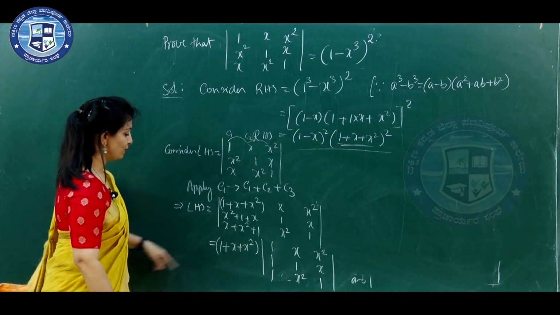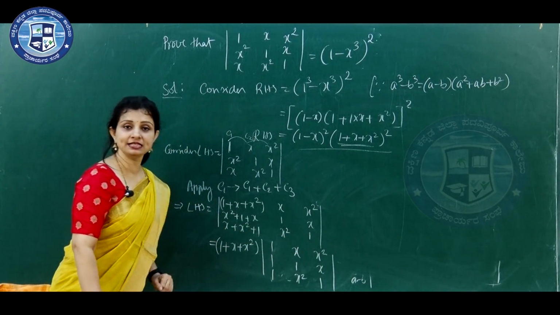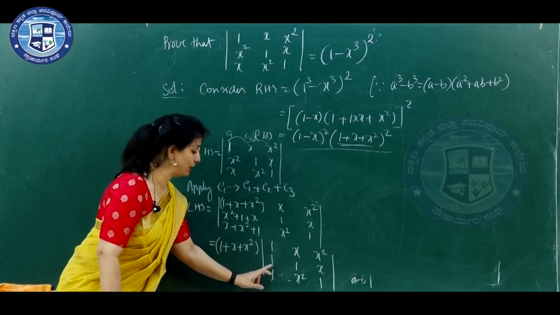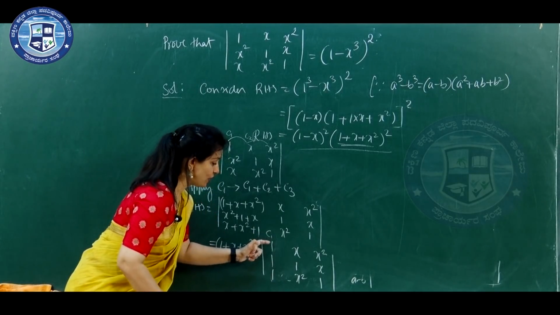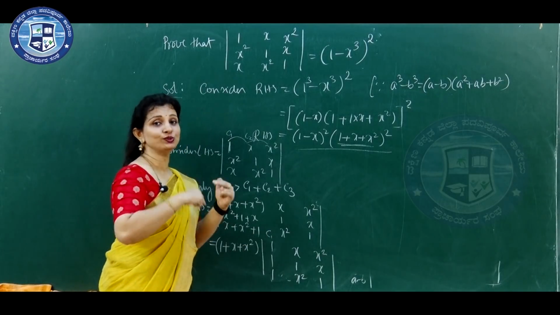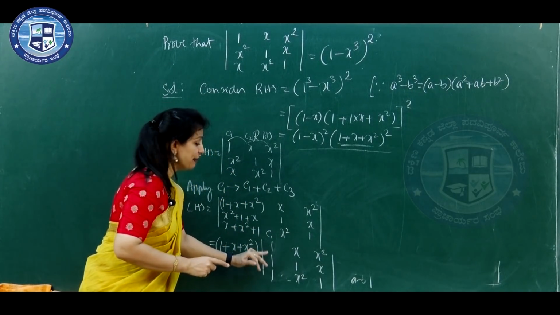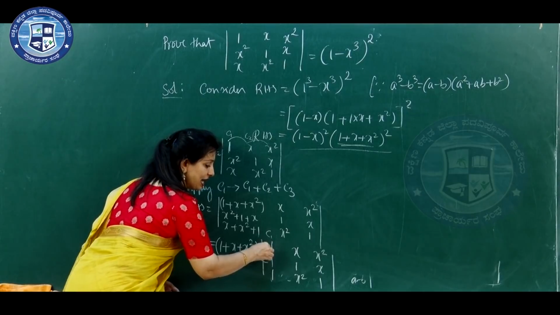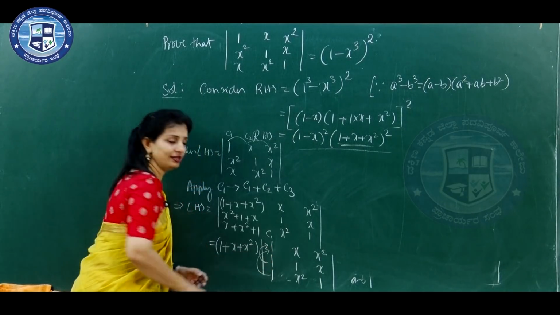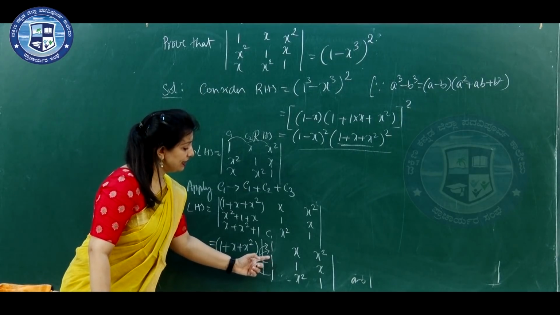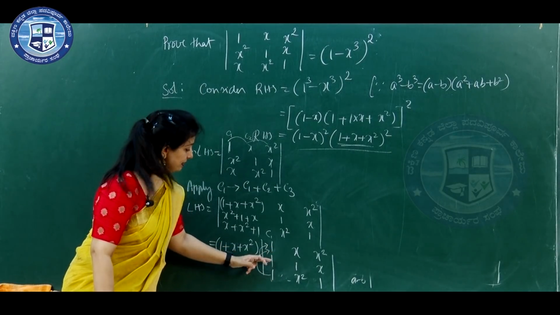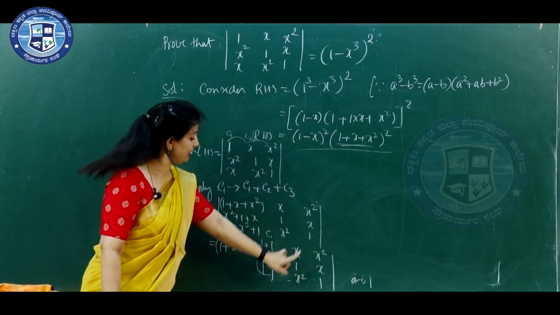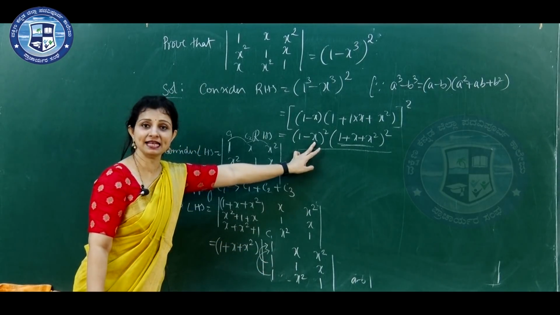Look at this. Now, what do we have? 1 plus x plus x square into the determinant. This determinant is such that the first column elements are 1, 1, 1. So, in the first column each element is 1, so we subtract two rows to get a maximum of 2 zeros in the first column. So, we do one thing, R2 minus R1 and R3 minus R1. It can be done any way; R1 minus R2 and R2 minus R3 can also be applied. Here R2 minus R1 and R3 minus R1, we get the factor of RHS again as 1 minus x. Look at this, 1 minus x is the next factor.